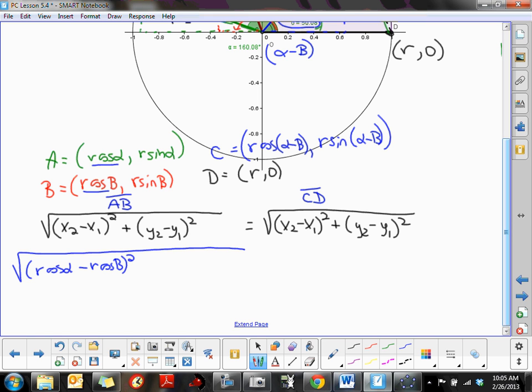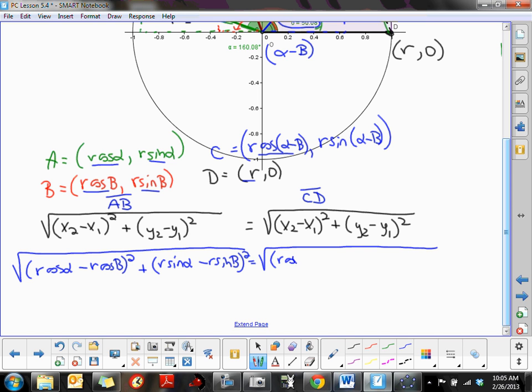We want to square those, plus. Now we want to take the y values and subtract those, so it is r sine of alpha minus r sine of beta, and square those. And that's got to equal, now CD is the square root of,